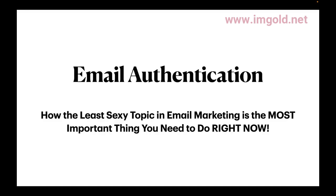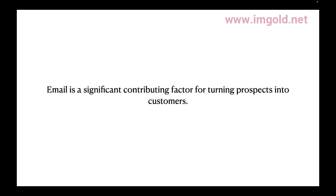You may be asking, I'm doing a messaging workshop. Why should I care about email marketing? And you're correct, that learning messaging will make a tremendous difference to your marketing efforts. But you can't ignore that for a lot of online businesses, email is a significant contributing factor in turning prospects